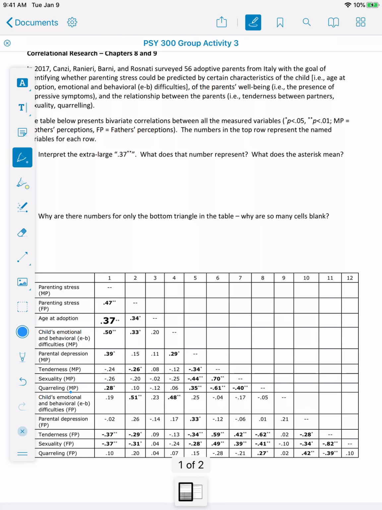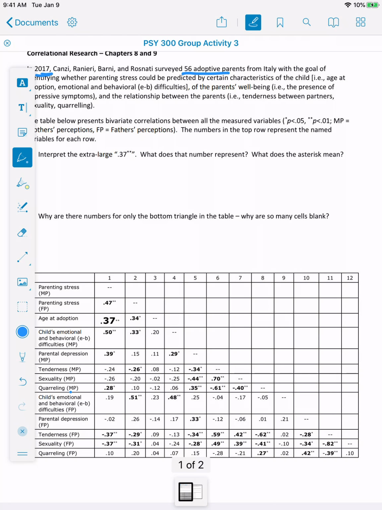In group activity 3, we're focused on chapters 8 and 9. In particular, we're focusing on association claims, which are made with correlational data. As an example of a correlational or association research, I'm using a study published in 2017 in which the authors